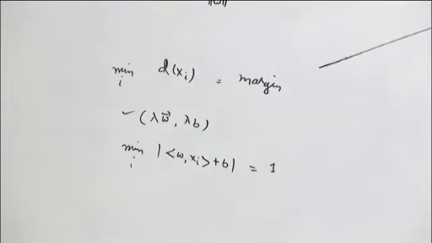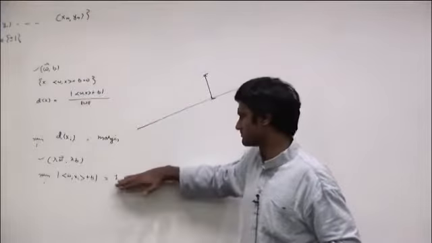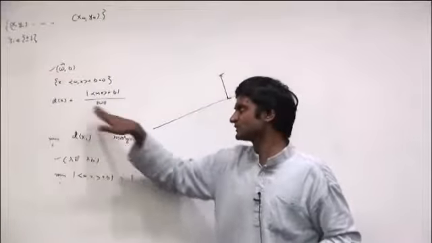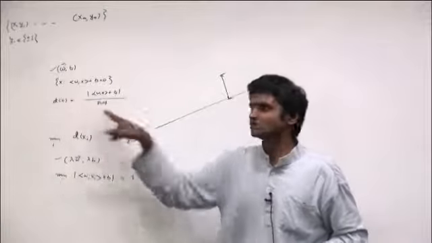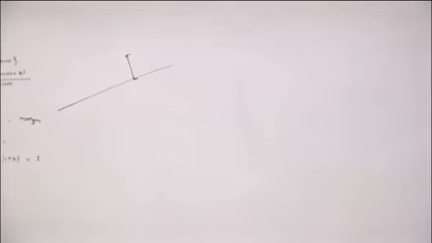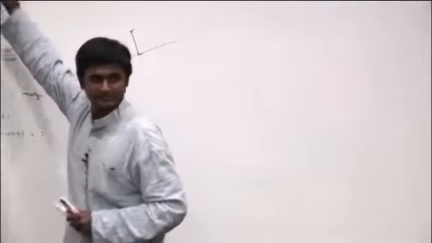The first geometric fact is that the plane cannot be identified, so you have to put some restriction on the plane. The second is that if you want to compute the distance of a point from the plane, you have to use this. These are the two geometric facts we need. Now let's see how to use them in order to classify this set of points.